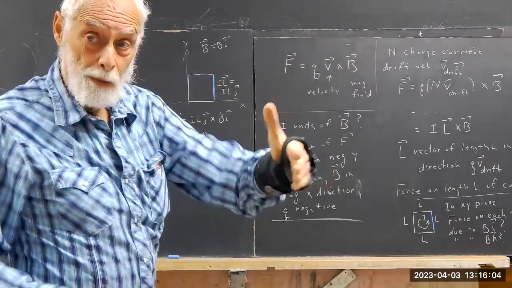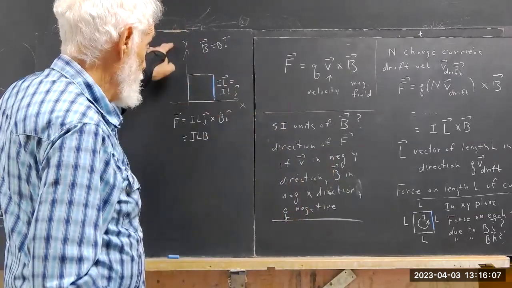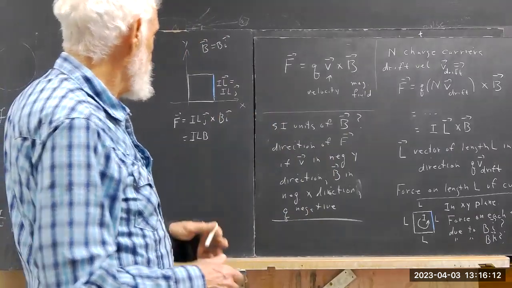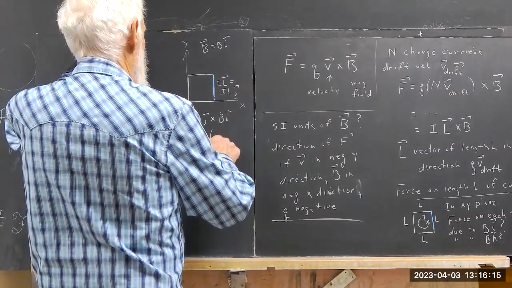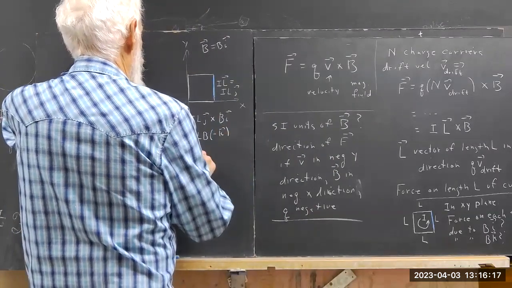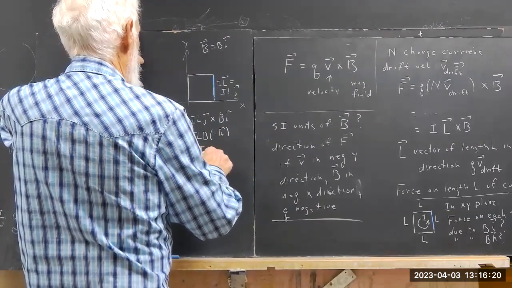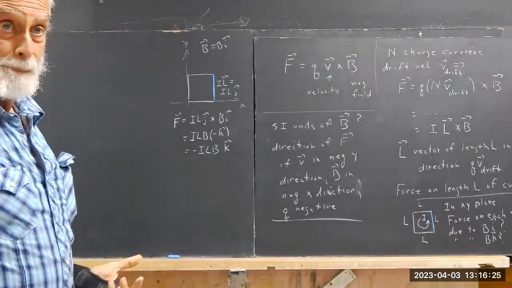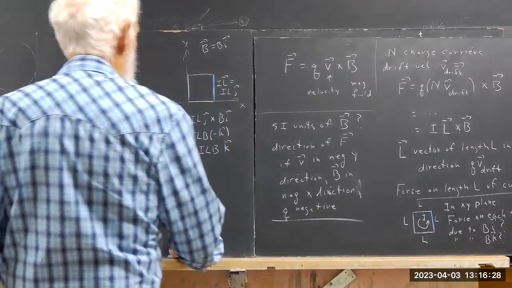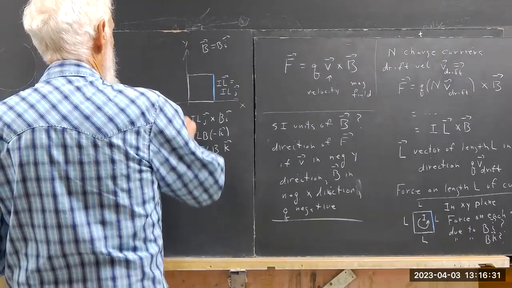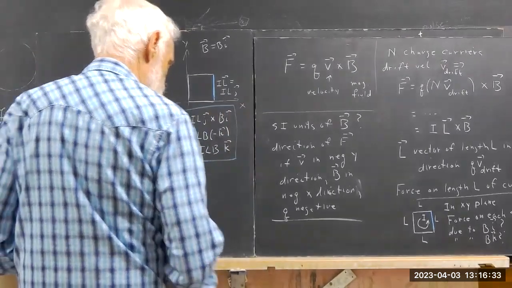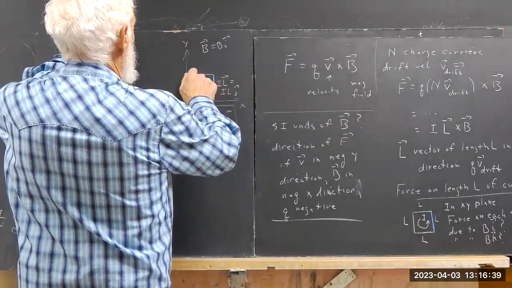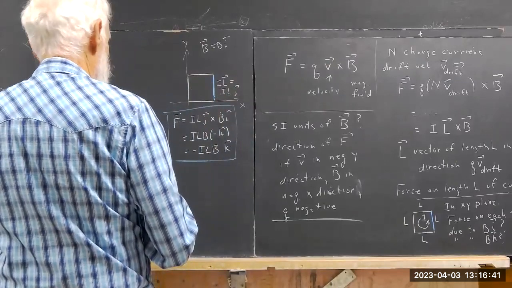The first one I did, the side that was over here, to correspond to this because of the way the X and Y. So anyhow, J cross I is negative K. So negative ILBK. And that's the force on the other side. Force on this side